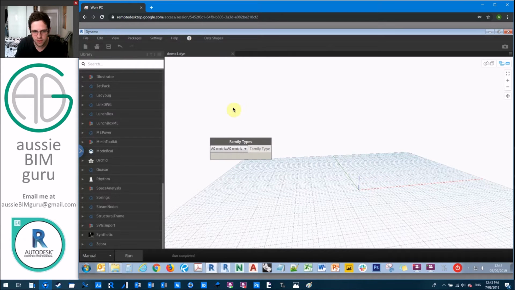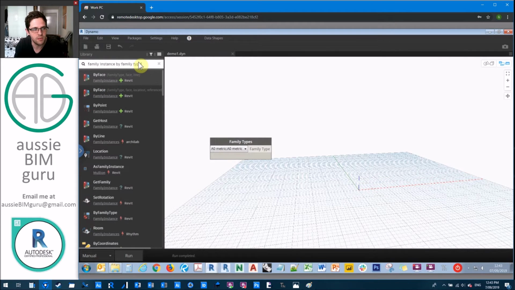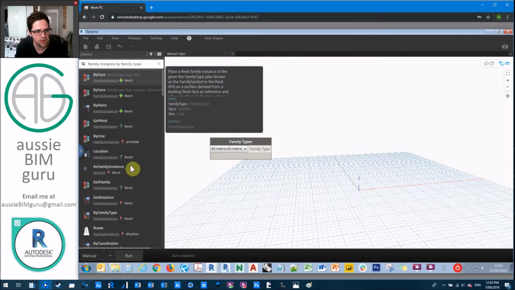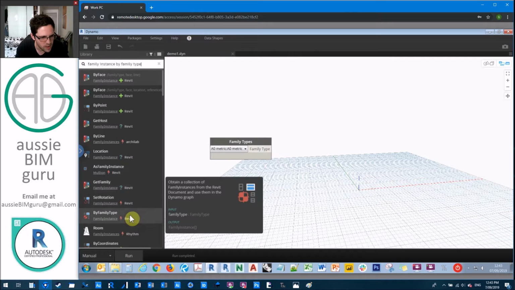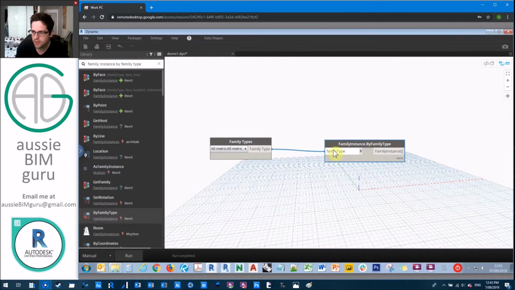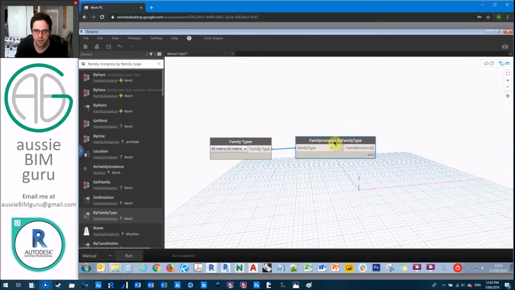Okay, so what we need to do is find all the family instances of that family type. Note that this is going to find every single one in the entire project. So we're not going to want to deal with every single one of these. So we're going to get family instance by family type. Okay, so what we need to do now is we need to find out what sheet it's on. So for this we can use element view,